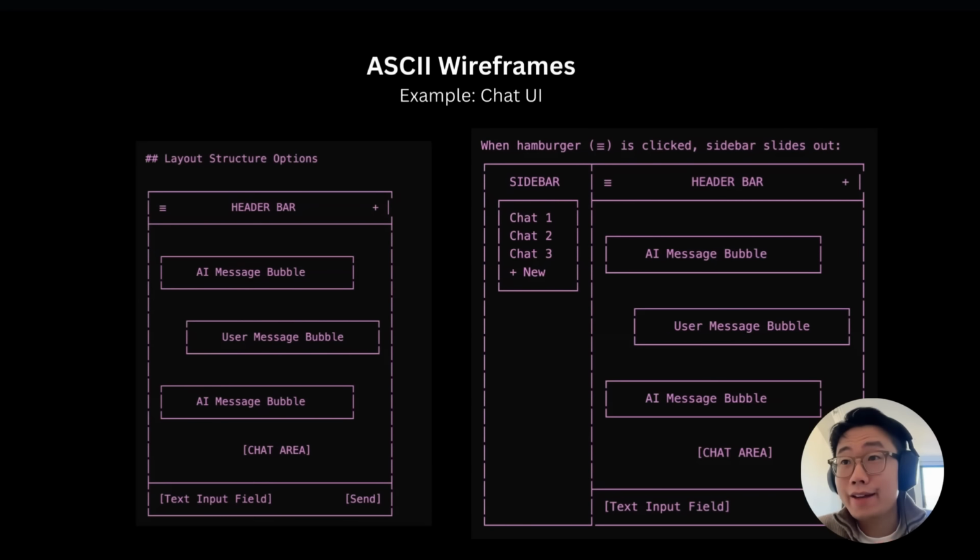One interesting thing I found is that you can use ASCII as a very quick way to align on the layout with a large language model. There was one time I tried to build a chat UI and I prompted, hey, help me think through the layout first. The model just output the whole UI in ASCII. I was quite surprised, because it is a pretty effective way for me to understand whether the model understood what I want, and whether it covered all the functionality I intended to implement. But most importantly, it is way faster for a model to generate an ASCII wireframe like this